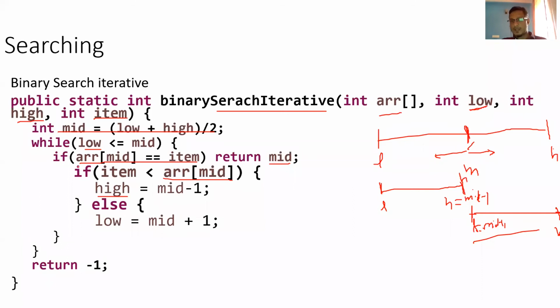Again I will go into the loop, check this condition again, and this is how it iterates. After everything, if I did not find that particular item, then when you hit the search criteria, your low and high both become the same. That is also fine, I will still check, because one item I can check here. But if it is crossing the other way around, high going to the other side, that indicates it is crossing over. At that time I will just terminate this loop and come out.